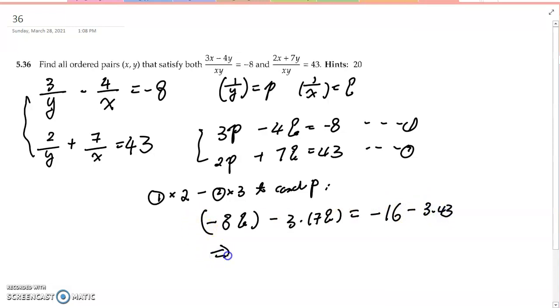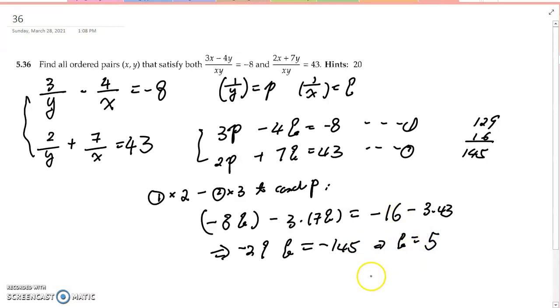Then this one is negative 29q equal to negative 145. So we can solve q, right? q is